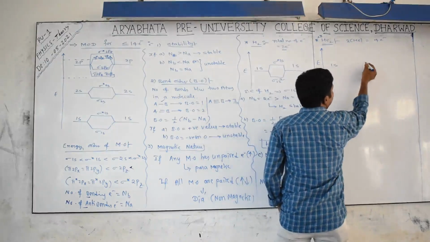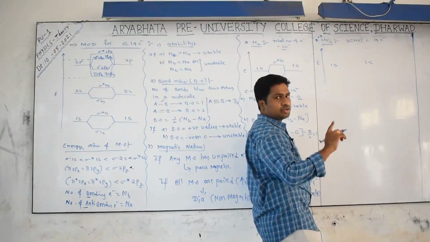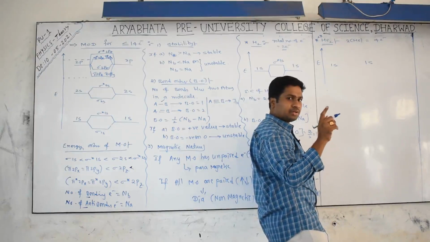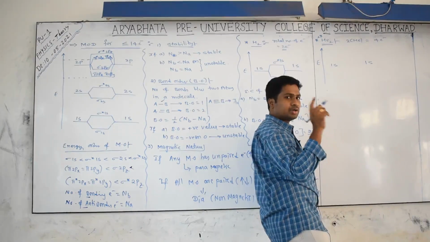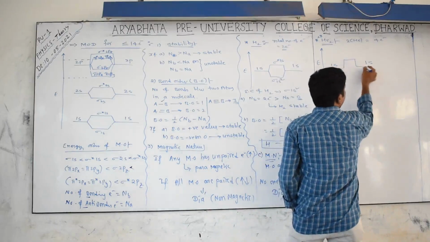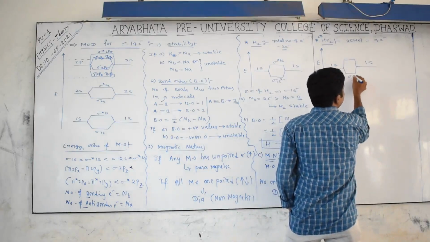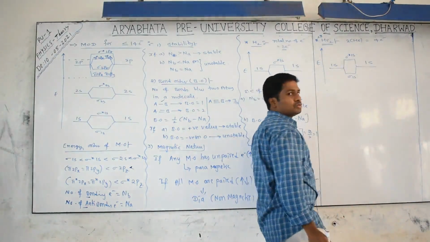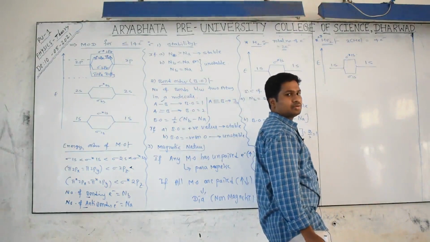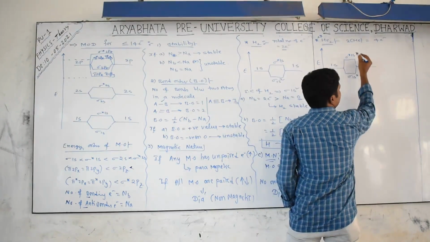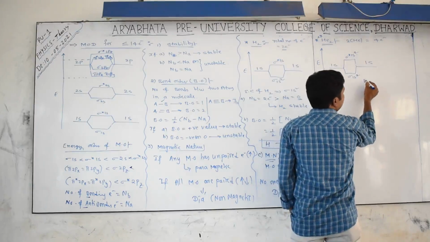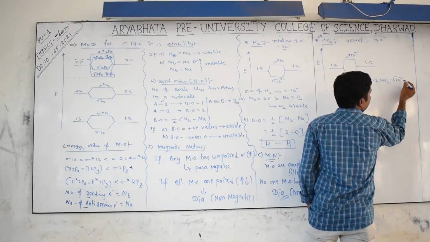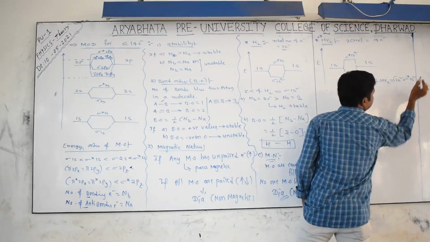So the 1s of one helium and the 1s of another helium should have similar energy and undergo linear combination. One is constructive interference, the other is destructive. Constructive gives bonding and destructive gives anti-bonding. Now we can write it as sigma 1s, and here sigma star 1s. In your hand, how many electrons were there? 4 electrons. The first electrons go into the lowest energy, like these two and like these two. Write down here, the electronic configuration of the helium molecule is sigma 1s2 sigma star 1s2.